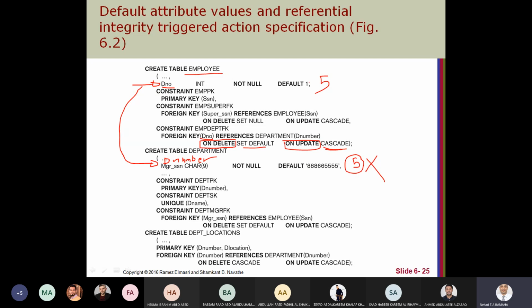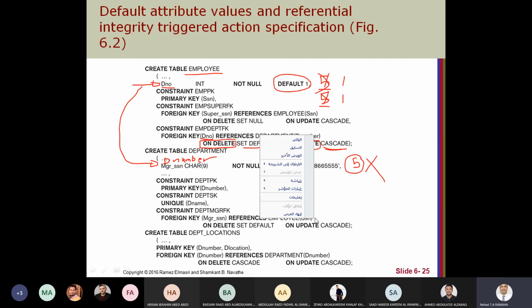So the foreign key D number has default 1. If this one is deleted, the rows with the same foreign key value will be changed to their default. The default, as we said when we created the table, is 1. So if any department is deleted, the employees will be shifted to department number 1.